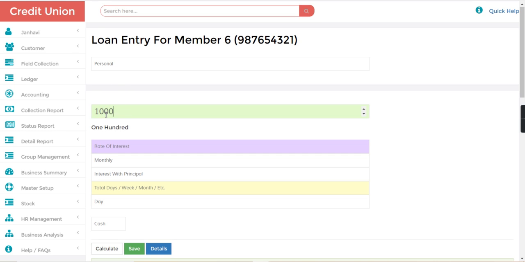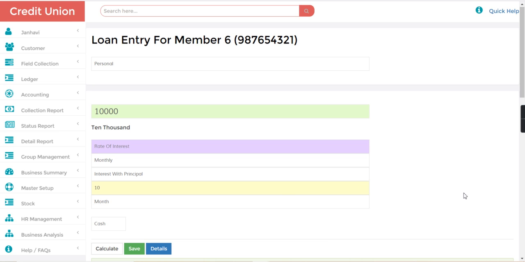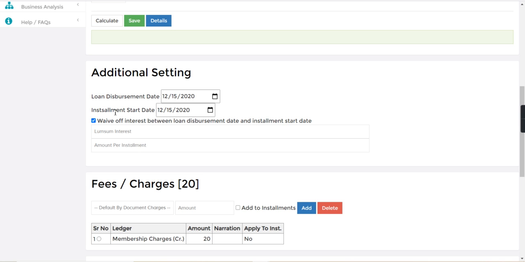Let's take 10,000 for 10 months. In lump sum interest I will write, let's say, 2,500, or I can take 2,000, and the amount per installment.